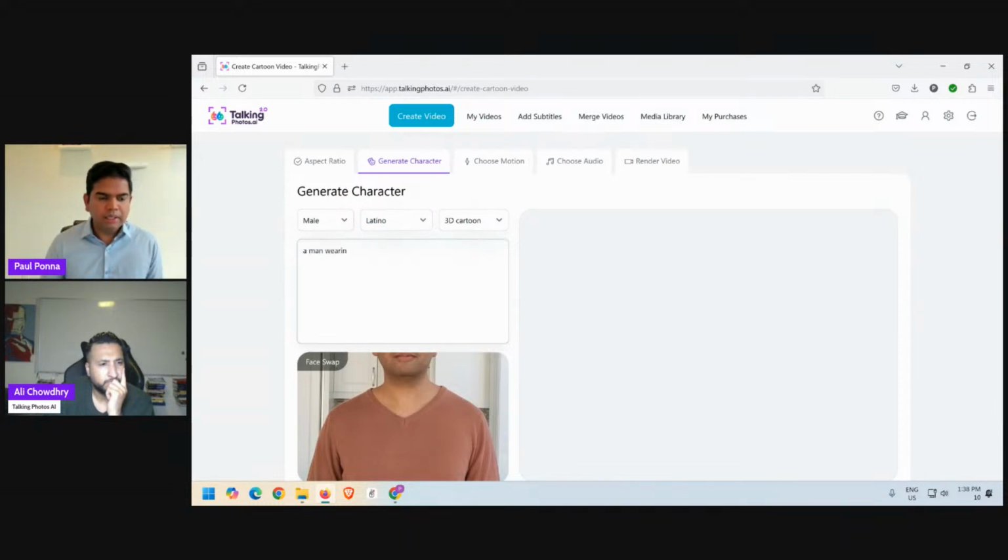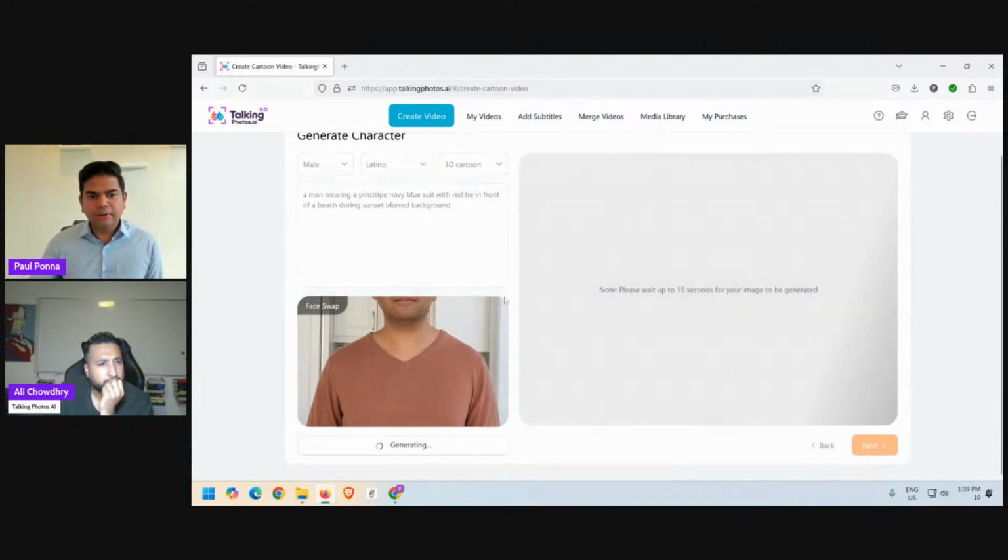man wearing a brown suit with red tie. I just wanted to show you so that it's more visible. In front of a beach during sunset. Okay. Actually, because the sunset, let's just do pinstripe again. Pinstripe navy blue, because then it'll have some juxtaposing with the sunset, right? During sunset, blurred background. Okay. Same concept. Click generate. So you can play around with this obviously, but now it's going to generate me, but